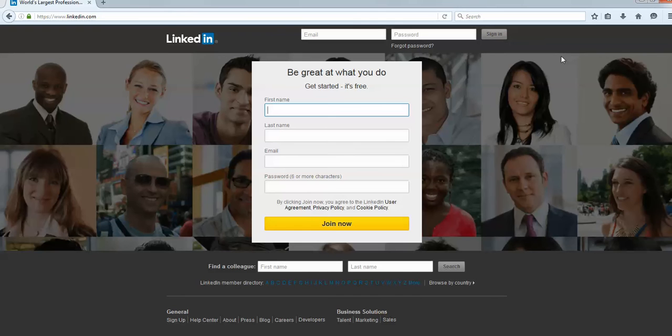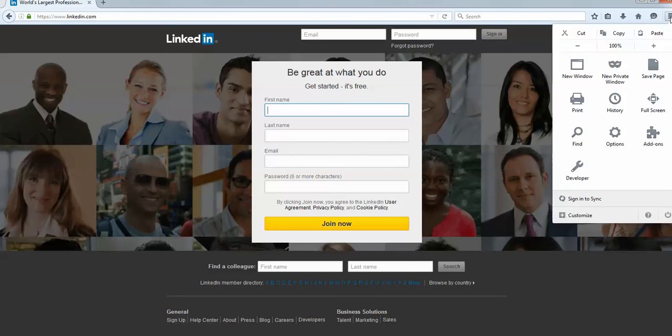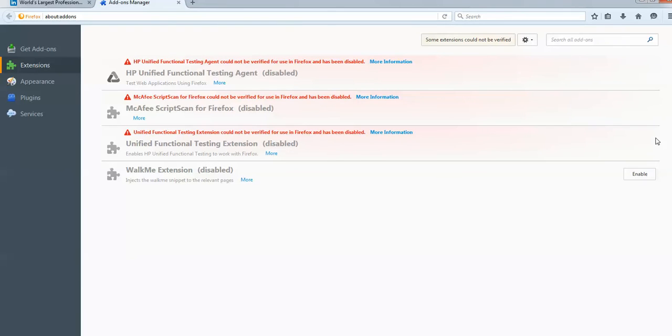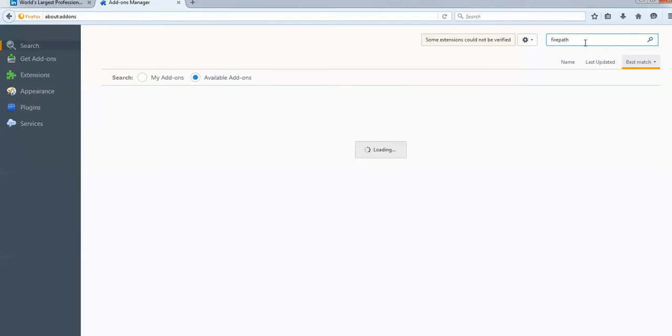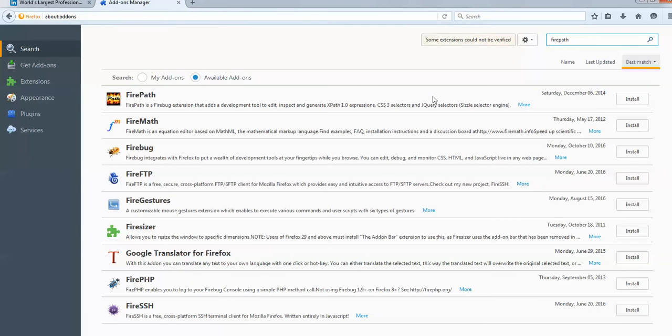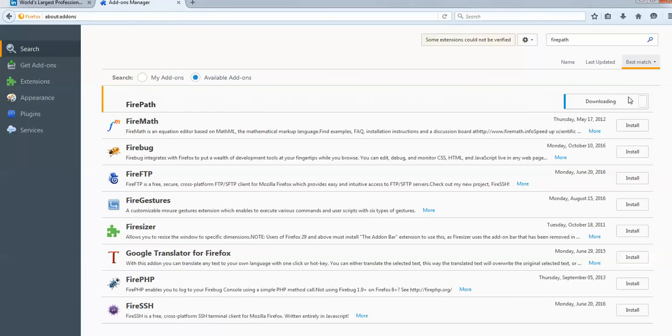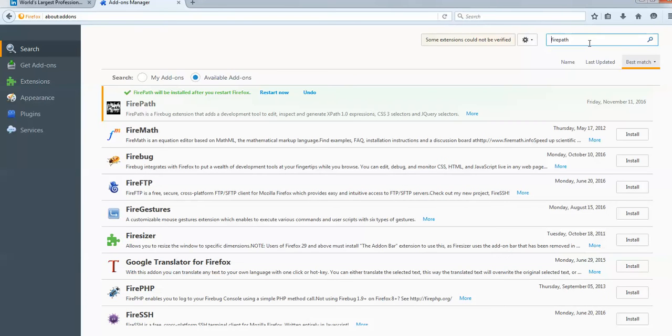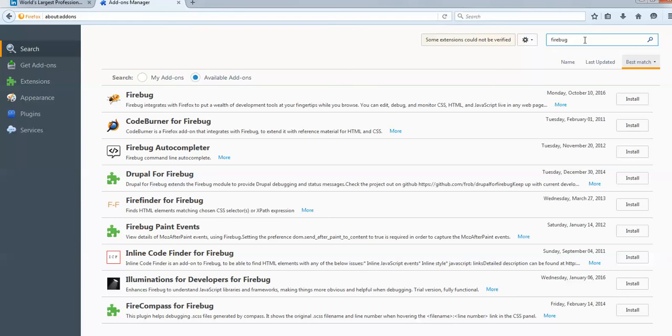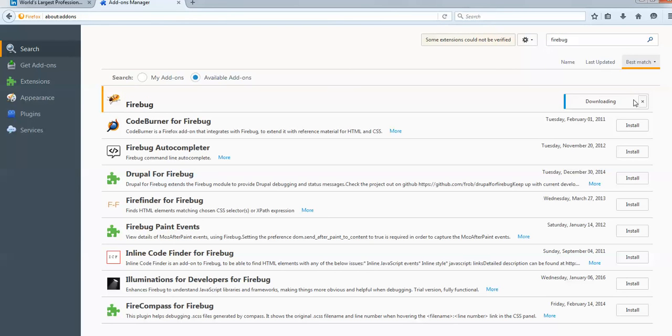In Firefox, we can find the XPath directly by adding two add-ons. One is called FirePath. Just check for FirePath in your extensions. Here you go, the first one. Click on install. Along with FirePath, you also need Firebug. Click on that and click on install.